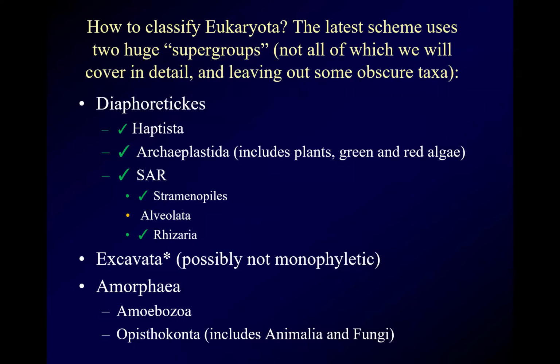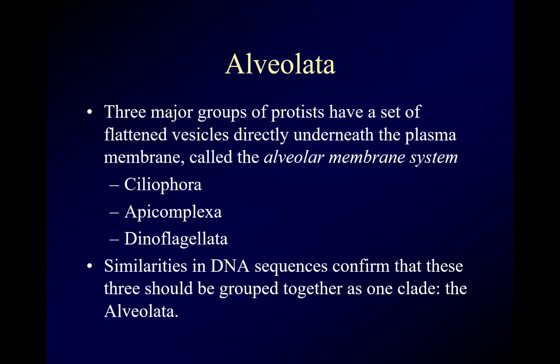But we've covered just about all of the Diaphoreticales, with the exception of we're not quite finished with a subgroup of SAR, which is the alveolates. Among the alveolates, we've covered the ciliates and the dinoflagellates, and that leaves us the apicomplexans. These all have similarities in DNA sequence, but also remember that they've all got a common physical feature in that they've got this system of membrane sacs right underneath